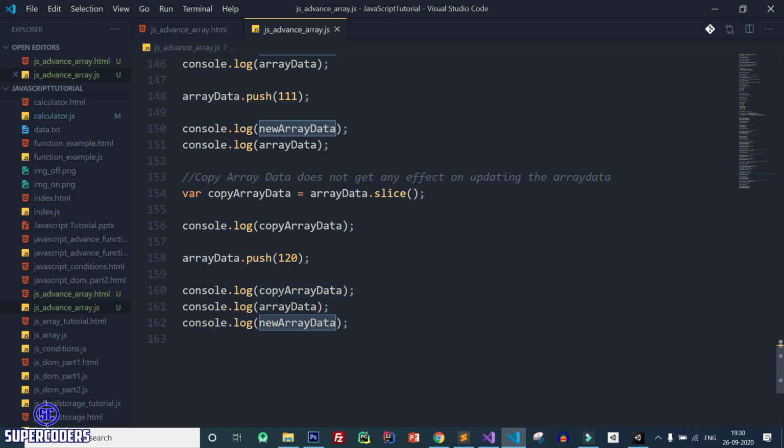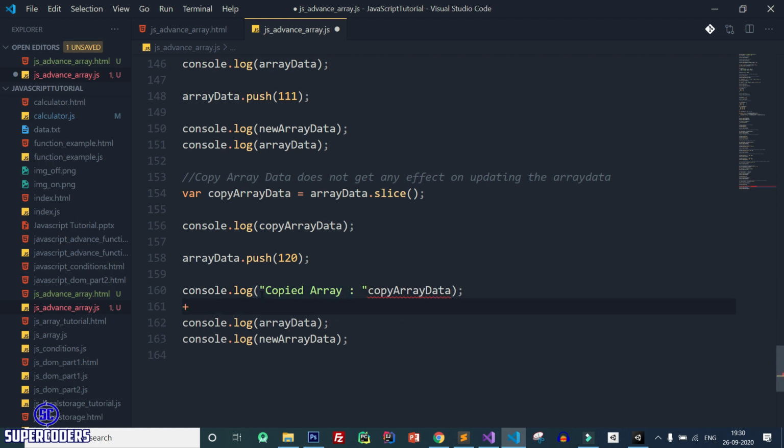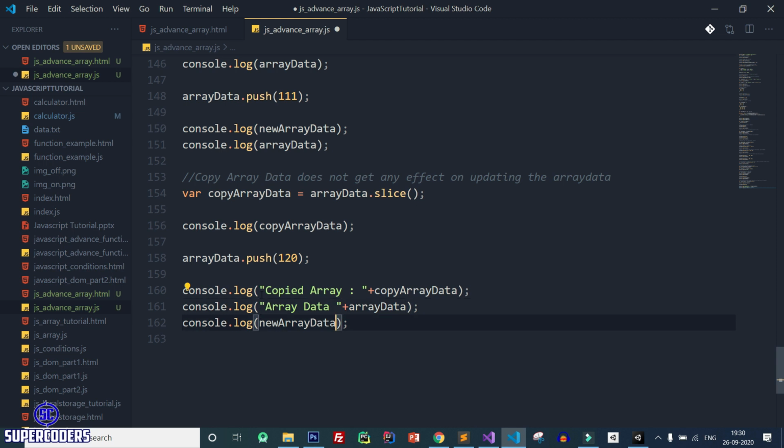This is a simple example of what is the copy of reference and copy of data. Also here is lots of confusion in printing the data, so I just add copy array or copied array, array data, and here new array data.